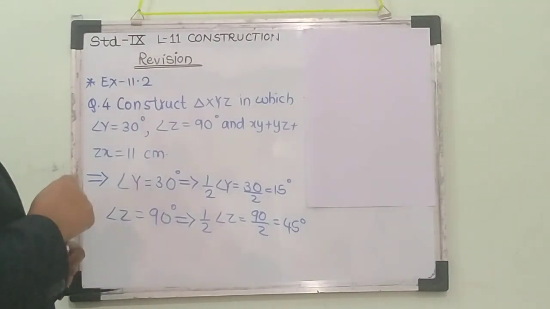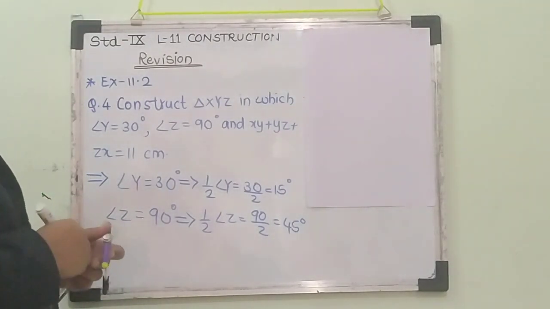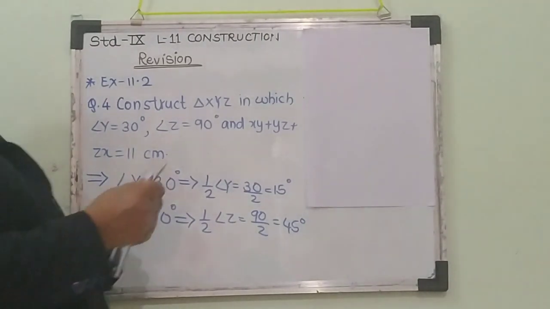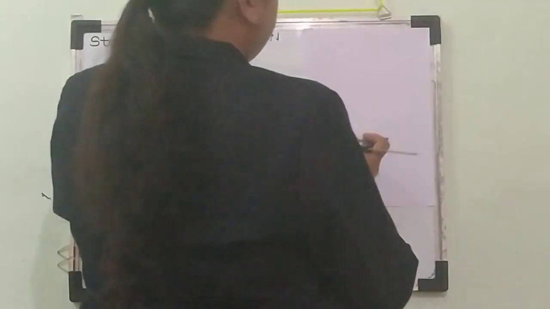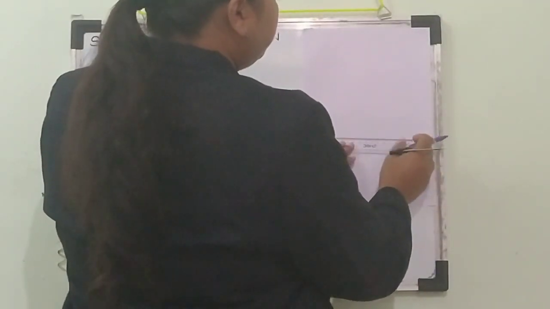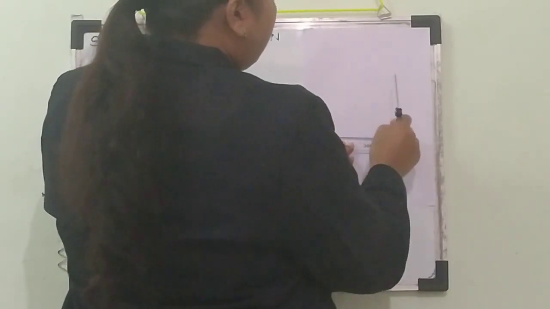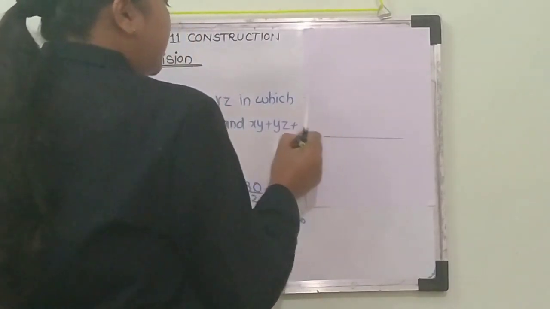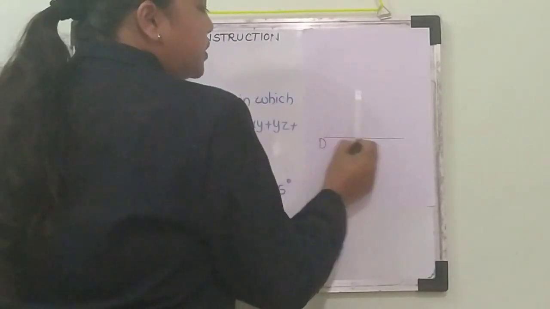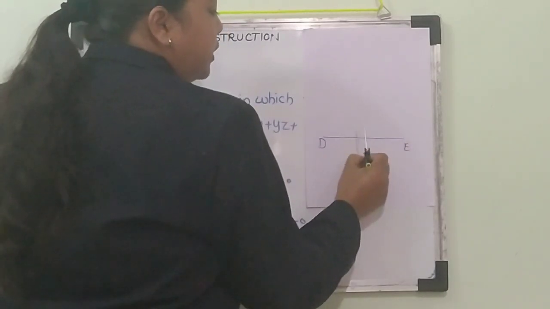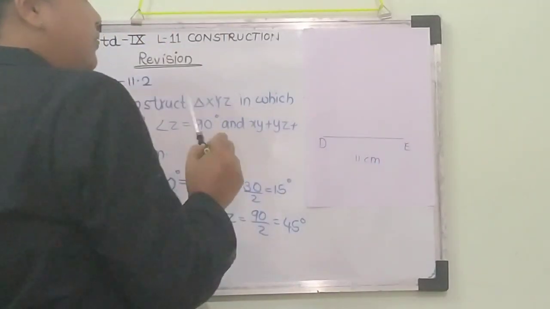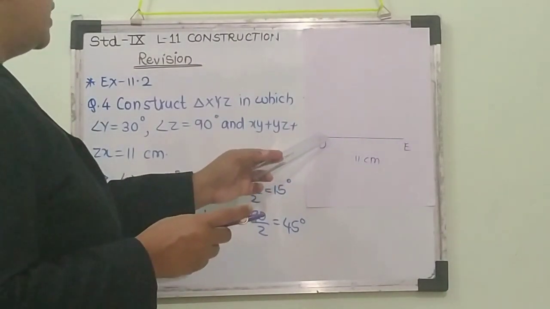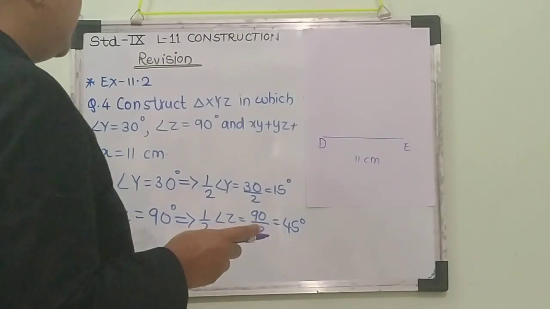So for this construction, when the perimeter is given, first we draw the base as our perimeter. So first we draw the base which is of 11 centimeters. Here suppose we can write the names other than the triangle's, suppose D and E, which is of 11 centimeters. After that, first what we have to do, suppose here at the D point we have to draw the 15 degree angle, and at the point E,